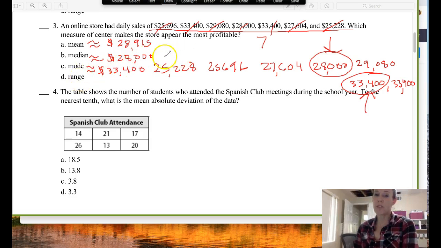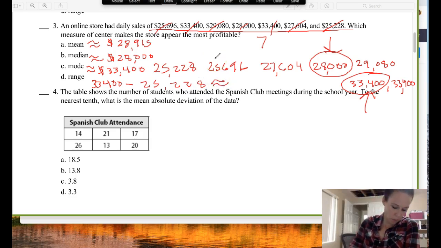The range, the difference from the least to the greatest, well, I'm just going to go 33,400 and subtract off 25,228. So if I go 33,400 and subtract off 25,228, I'm going to get